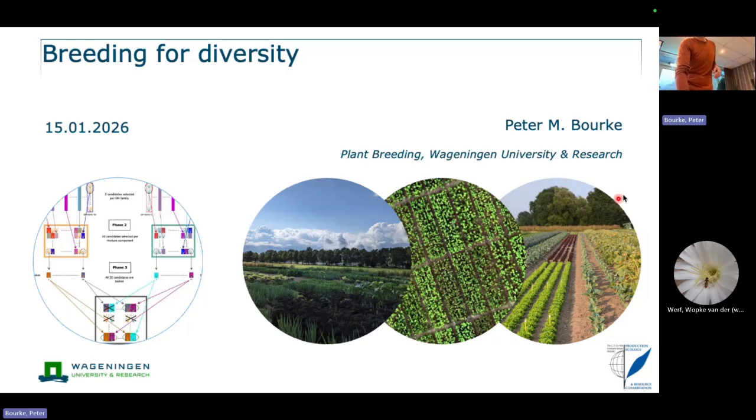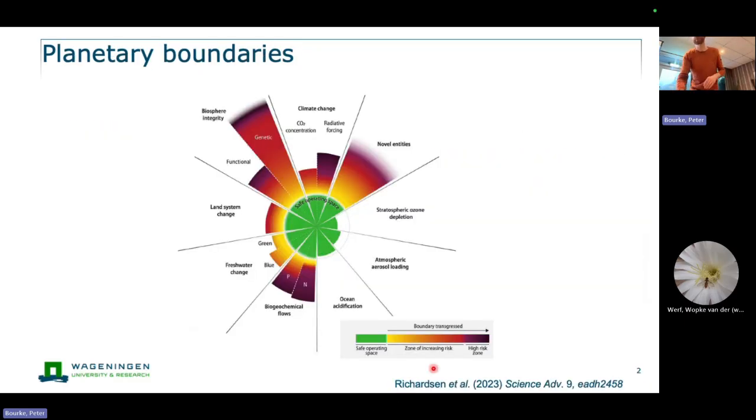Now, I don't need to motivate, shall we say, the why we need to think about intercropping and intercrop breeding. You've probably seen this type of picture already, how humanity is essentially transgressing these planetary boundaries. We're really pushing past the safe space that this planet has been operating in for millennia. And one of the major drivers of a lot of these transgressions is, of course, agriculture, particularly agriculture geared